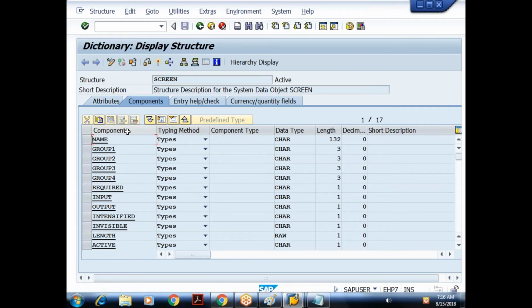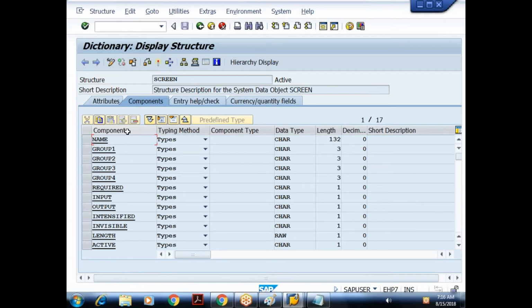Whenever we execute any program, during the program execution, an internally created internal table will be available. Internally created means it is created by SAP itself.